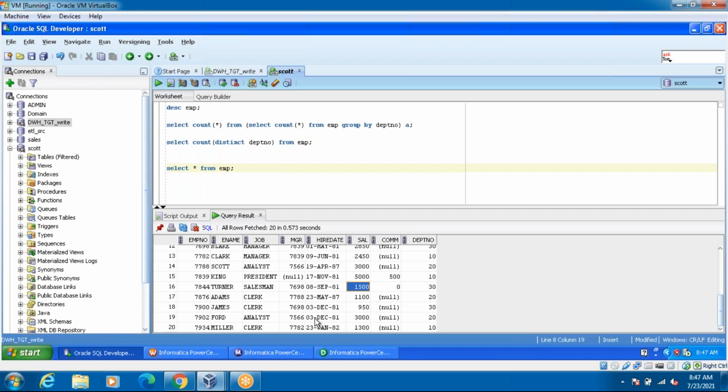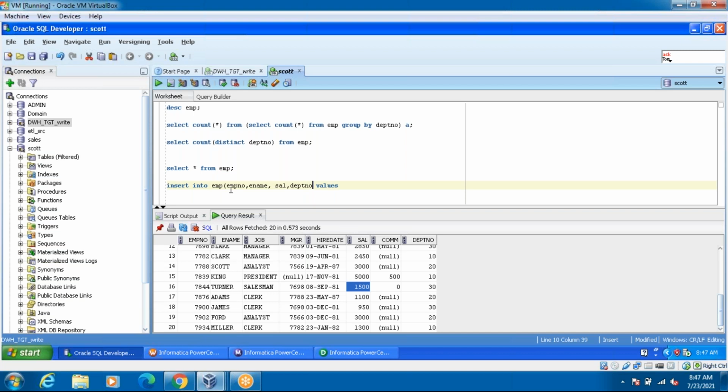Then in case this is incorrect, for example, I am going to insert one record. Insert into EMP values. I'm just going to give not all the values: EMP number, comma, name, comma, salary, comma, DPT number.